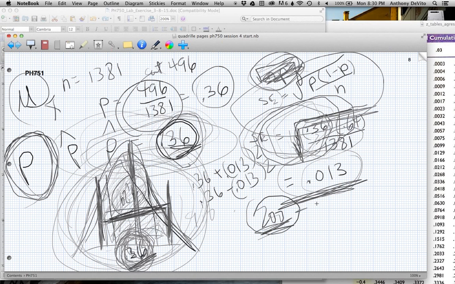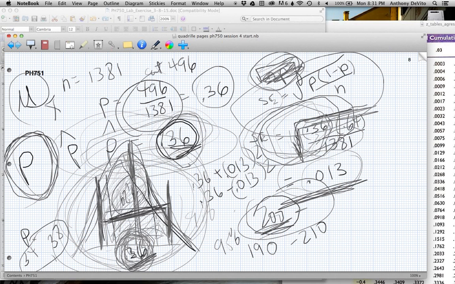Maybe I can use that another way. Maybe I can use that as a range. So for instance, I might be able to use that as a range to say that I'm 95% certain that the true population mean falls between 190 and 210, or that the true proportion, P, is somewhere, we're 95% sure that it's going to fall between, say, 34 and 38. I'm going to use this as a mechanism for predicting where the true mean is